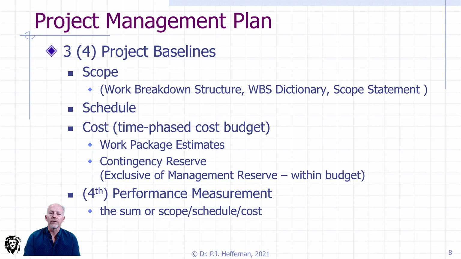You don't need all the money up front. You need some of the money up front. You need it to come and replenish your accounts periodically through the project. And so you have to deliver that cash flow needs as part of your cost estimate. And they're typically based on work package estimates. But how are you going to do the estimates? What methodologies are you going to use to do them? But here in the baseline, it's not about how, that was in your plan. This is about the estimates themselves, complete with all the uncertainties associated with each of the estimates so that the risks associated with each one can be assessed separately.